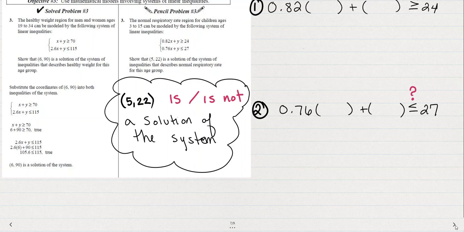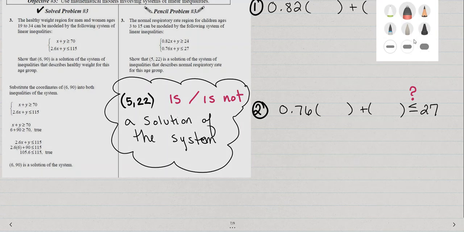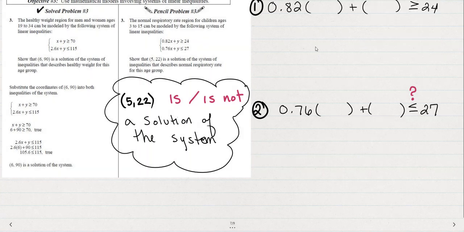Let's look at an example. The normal respiratory rate region for children ages 3 to 15 can be modeled by the following system of linear equations. This is a great example for our healthcare professionals. And we have this system, and we want to show that (5, 22) is one of the solutions of the system of inequalities that describe normal respiratory rate for